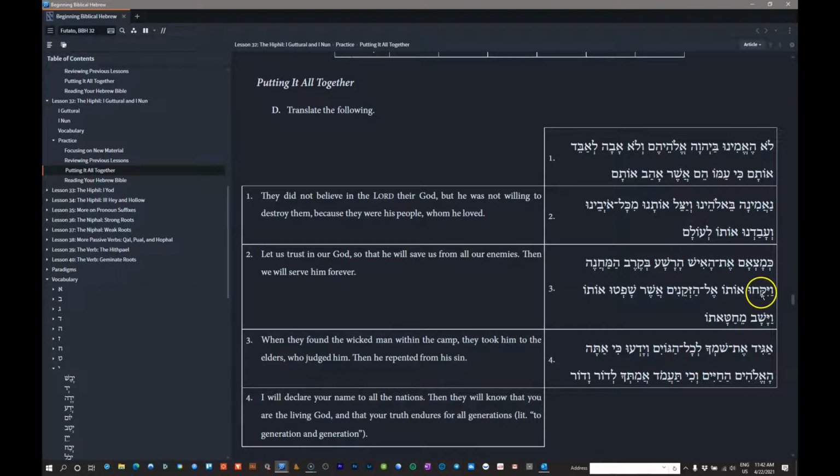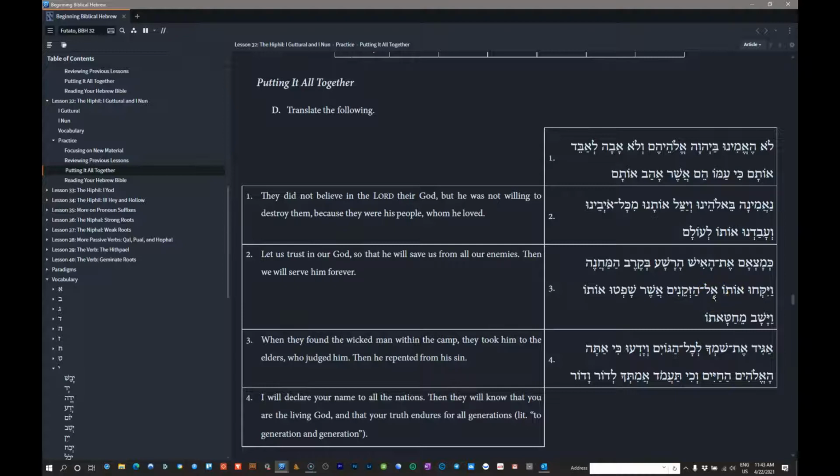yikhu. So anytime you see kof and chet together in a verbal root, think lakach. All right, so took, they took. This is lakach. The lamed assimilates into the kof here. This is a vav relative, because we've got a hirik here. It's 3MP. So as they were searching for the wicked man in or within the camp, they took him